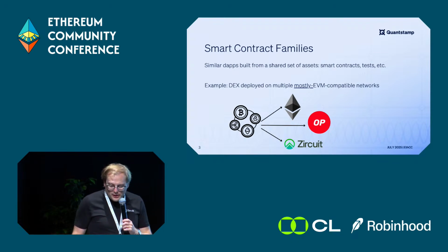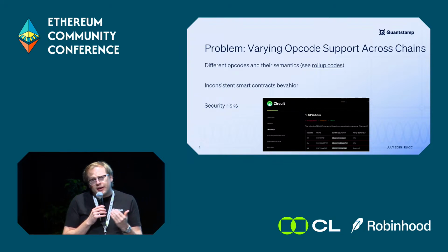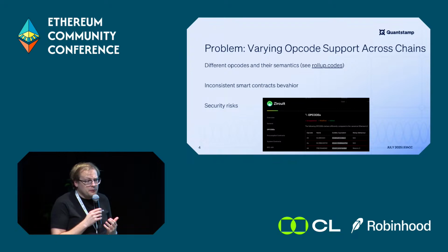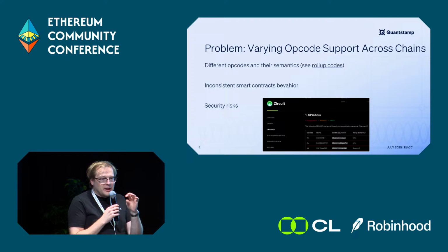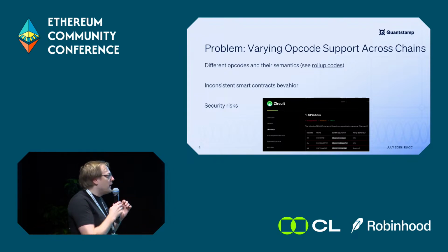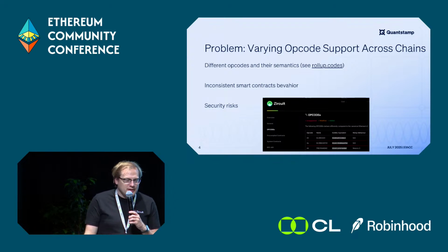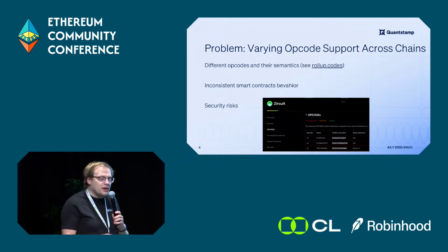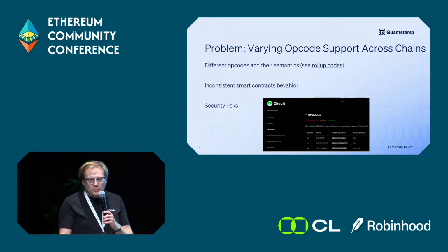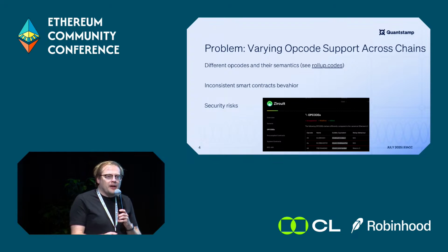Most of them are compatible, but there's actually a lot of really subtle changes. And so if you actually take a look under the hood at the EVM implementations of these rollups, often they will change slight behavior. Not major changes for the most part, but you might start to see that some things do different things on different blockchains. So some rollups will, for example, change the operation or change the result of calling the block timestamp. It might give you the L1 timestamp for that L2 epoch, or it might give you a time tracked by the L2, or you might support specific features that either are ahead of or behind